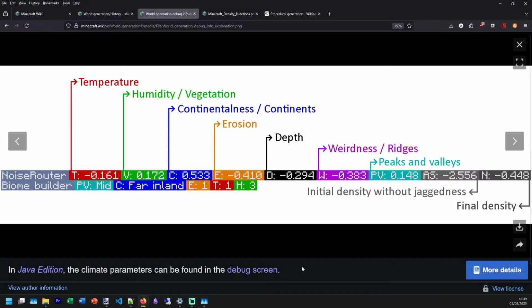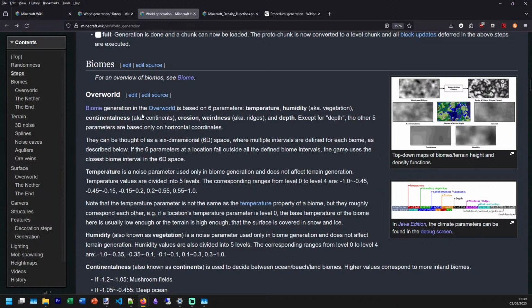Right, so what I think is going on here is, just to confirm this, biome is on 6 parameters: temperature, humidity, continentalness, erosion, and weirdness. It's on depth, but depth for my projects is completely irrelevant. I am not doing cave biomes. Except for depths, yeah. So rather than 6D noise, it'd be 5D noise. Sorry, my bad.